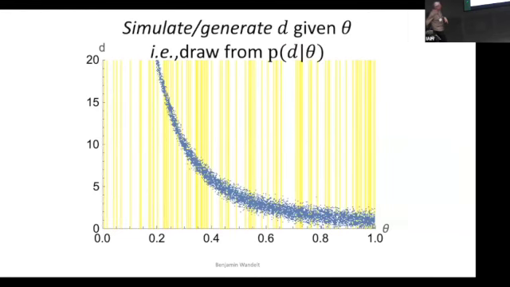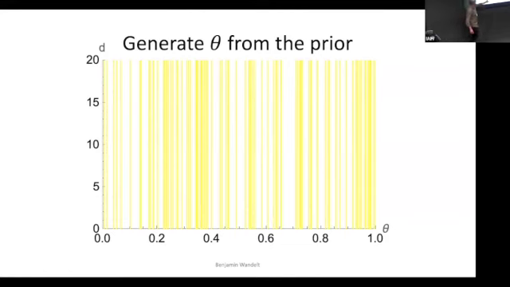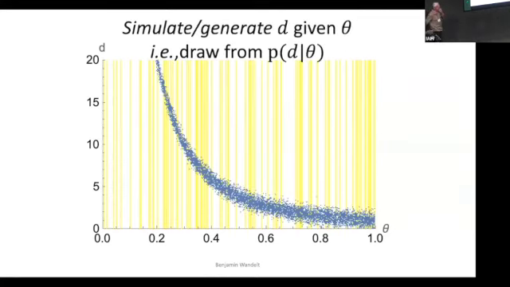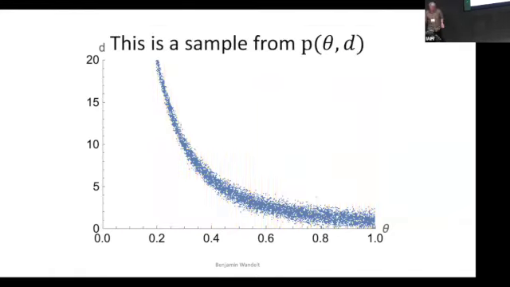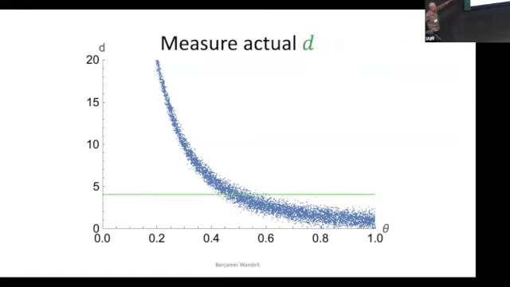Now for each one of those, we will use the likelihood, or our model, to generate possible data for those values of the parameters. Here we'll generate a few at every point. Actually also in between, but I didn't draw them all because otherwise this would not be visible. So here's a whole bunch of simulations from those prior parameter values. Now I'm going to take some data, which will fall somewhere on this data axis. This is a sample of the joint distribution of model parameters and data.